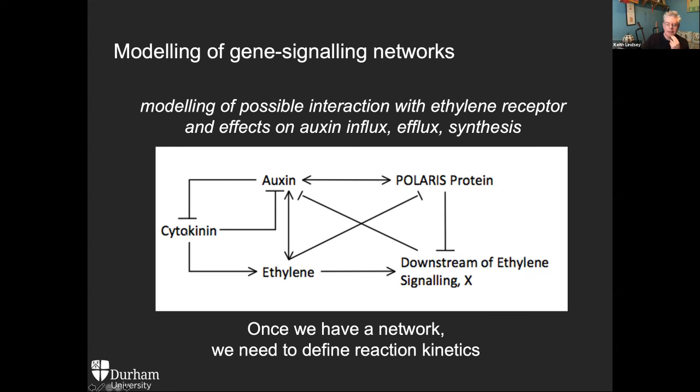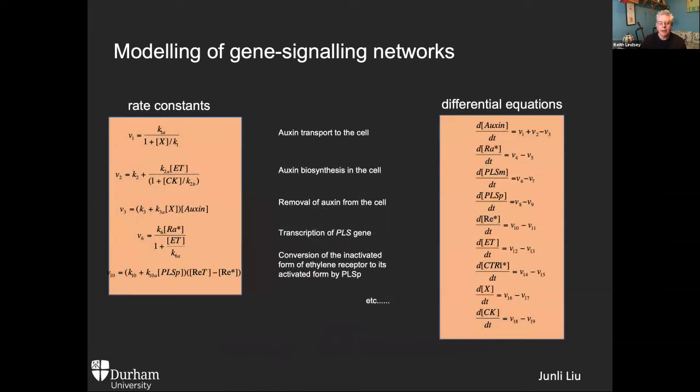So auxin regulating cytokinin, cytokinin regulating auxin, auxin regulating ethylene, Polaris is in there, ethylene signaling's in there, etc., etc. So there's a simple network, but it doesn't really tell you how it's working, and it's not testable as such. So you have to construct a mathematical model. And this is where Junli comes into his own, because he's able to